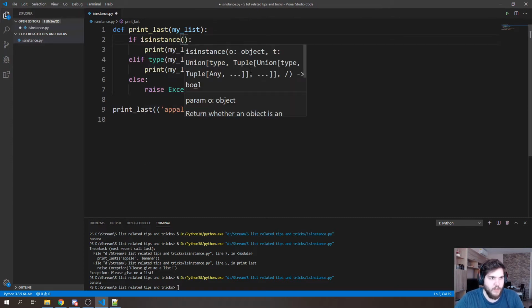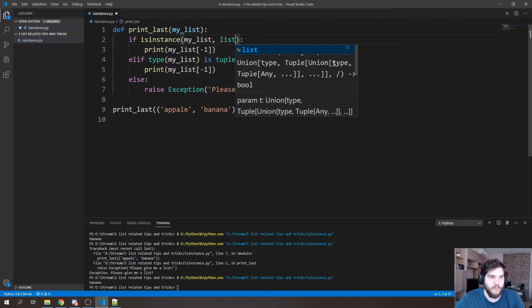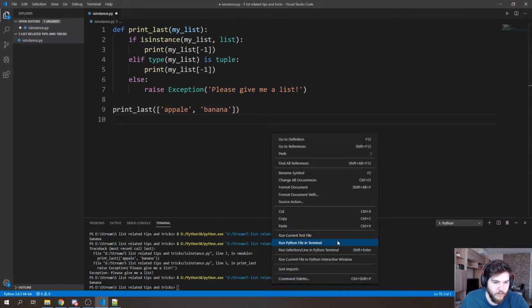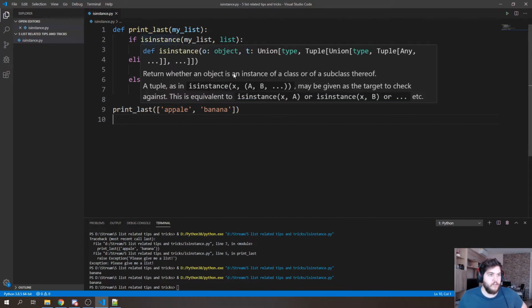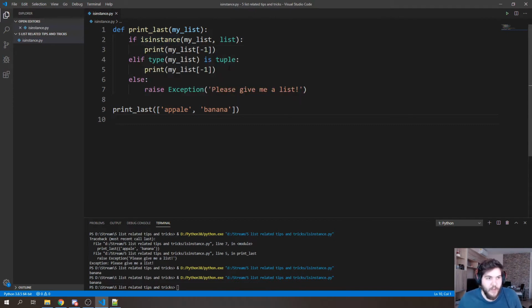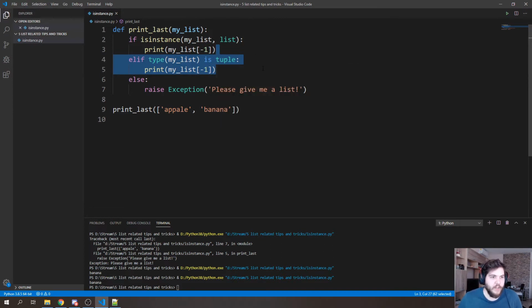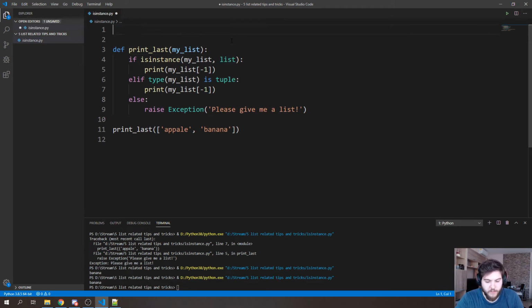So what we can do here is just pass in the object, which is going to be my list, and check if it's a list. So let's just see if it still works. So run the code here, and it still works. But we still didn't solve the problem that we would have to type all of these other types. So let's just check for the tuple and for string and stuff like that. So we still didn't solve the issue, but what we can do actually is use something called